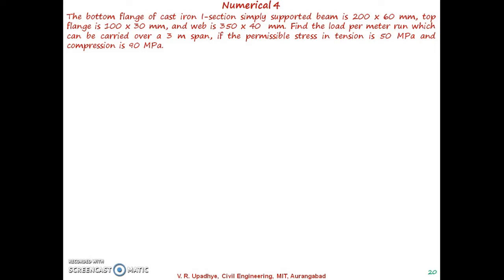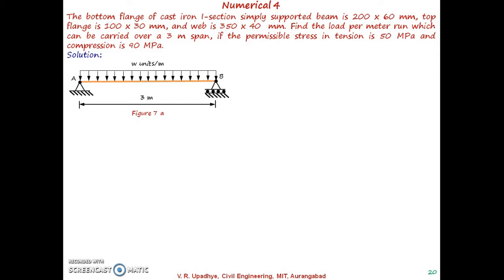So in earlier three lectures the cross section was given and the load applied on that particular beam was given with cross section and span of the beam, and it was asked to find the bending stresses, and to draw the bending stress distribution diagram. Now, in this kind of numerical, the permissible stresses in tension as well as in compression of the material used for construction are given, the span of the beam is given, and the cross section of the beam is given. And it is asked to find the maximum load carrying capacity of that particular beam. So, we will go step by step, say solution.